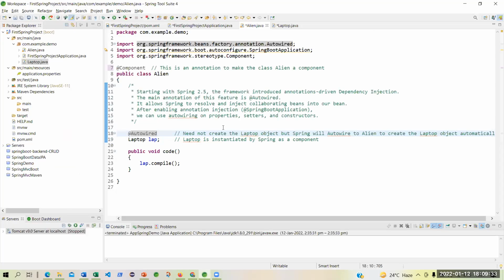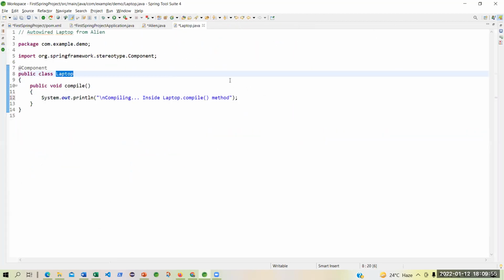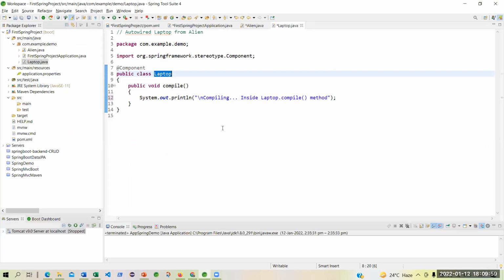But right now I want to say that Autowired is nothing but dependency injection. What is the dependency? The dependency is the Laptop. Who was dependent on Laptop? Alien was dependent on Laptop. Alien is a person. He has a laptop, but Laptop has its own properties and methods or whatever.